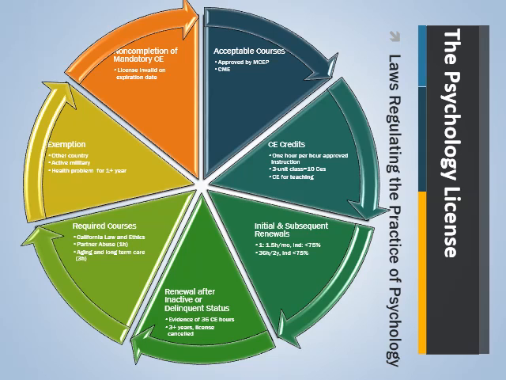So we're going to talk in terms of the license about a few primary things. 3, actually. First is what you need to do in terms of continuing education. The second is what happens if you're from out of state. And the third is just very briefly about advertising. So to maintain this license, being a clinical psychologist means being a lifelong learner and really being up to date on the current standards in